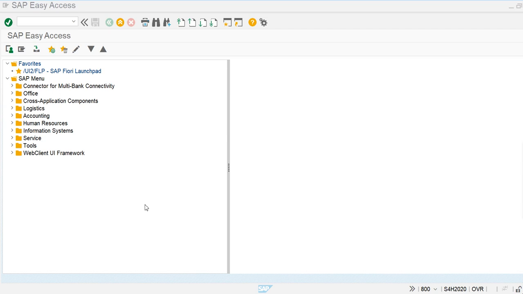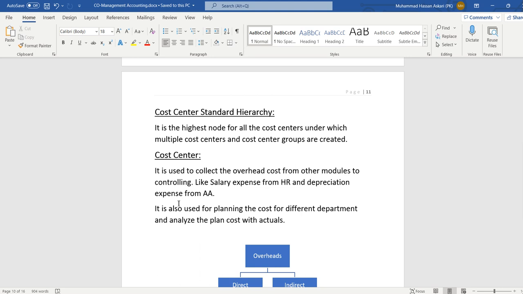Hello everyone. So today we are going to discuss how to create cost centers. First we are going to create the cost center standard hierarchy, and under the standard hierarchy we are going to create the cost centers. So what is the standard hierarchy? It is the highest node for all the cost centers under which multiple cost centers and cost center groups